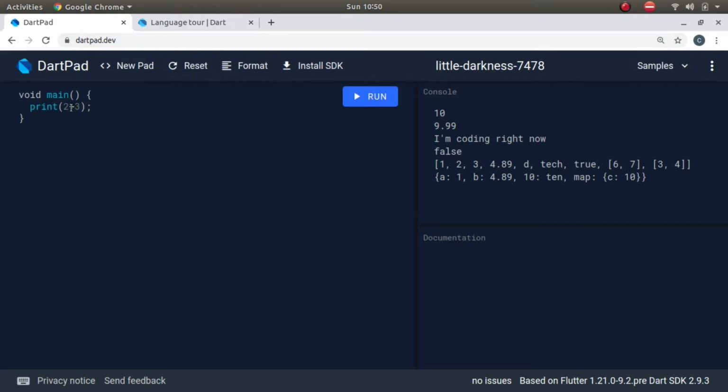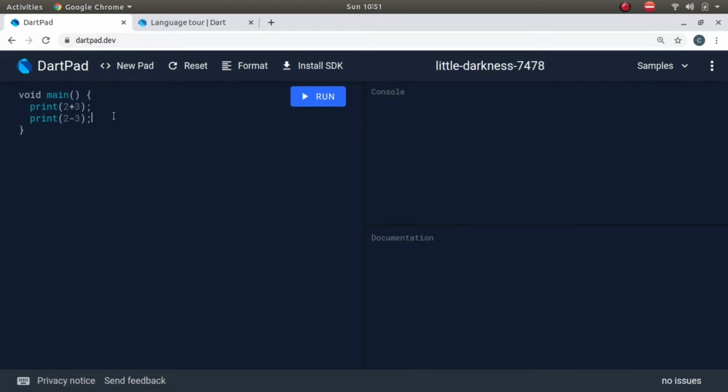I will explain everything. So this is an addition operator. Similarly, if I write 2 minus 3, let me reload it, this is a subtraction operator.